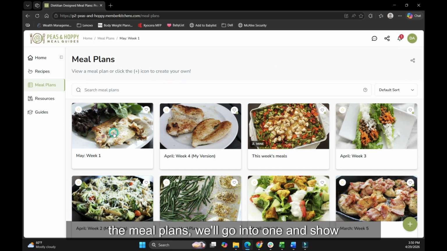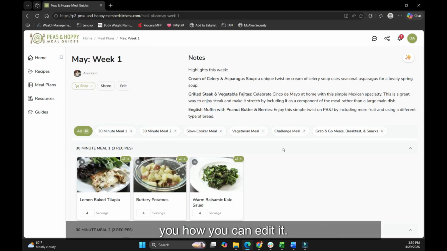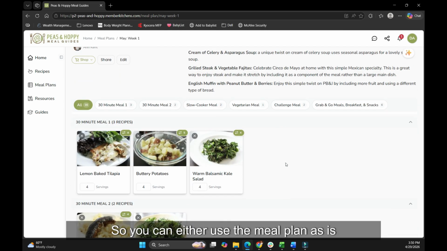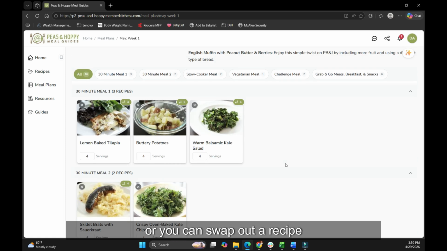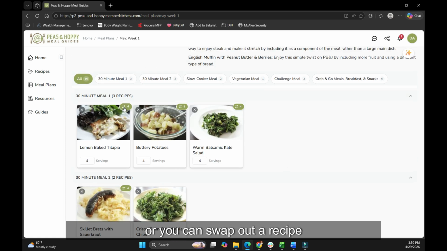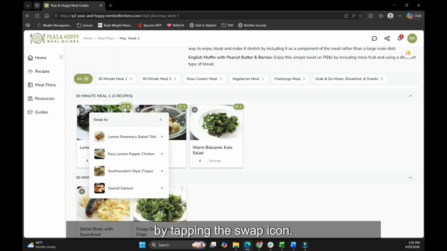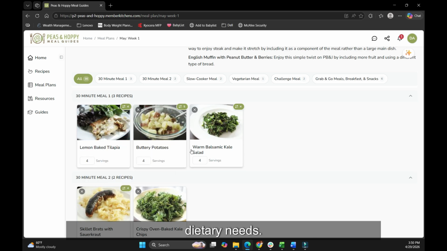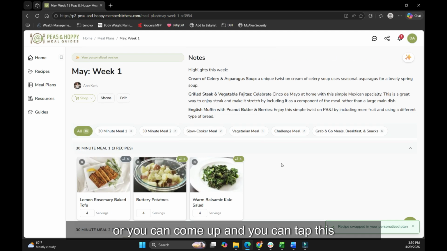In the meal plans, we'll go into one and show you how you can edit it. So you can either use the meal plan as is, or you can swap out a recipe by tapping the swap icon. And this gives you some similar options to what that meal is, which is really helpful for dietary needs. So you can swap it there, or you can come up and you can tap this edit button and